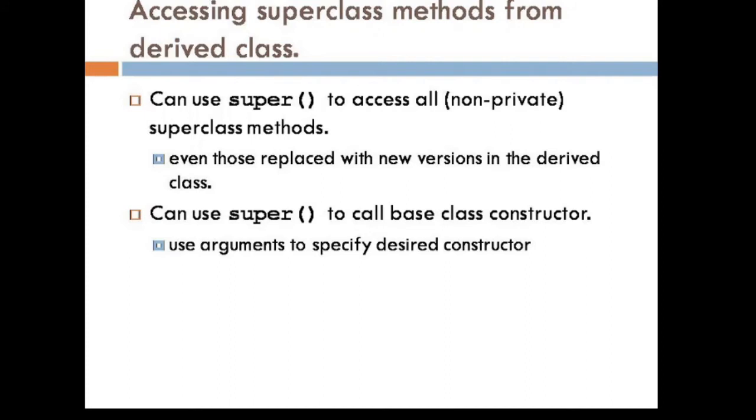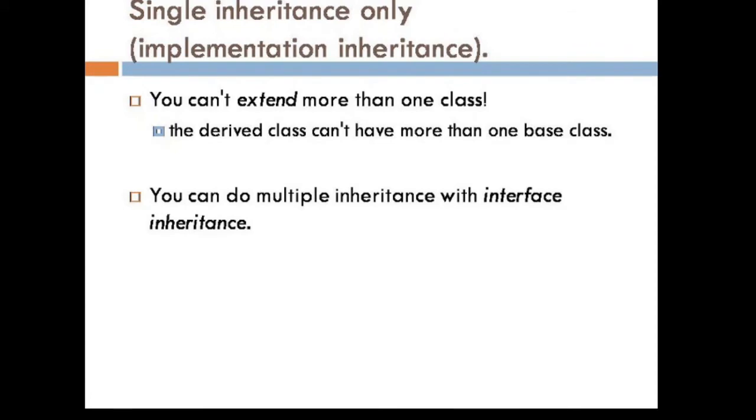And suppose we are having a class A, and we are deriving an object through it called B, then B's constructor can also call the parent, that is A's constructor, with the use of super keyword. In case of single inheritance, we can't extend more than one class. Single inheritance means that a parent class is having a single child class. So suppose the parent class is A and the child class is B, then B is derived from A. This is a single inheritance. The derived class can't have more than one base class.